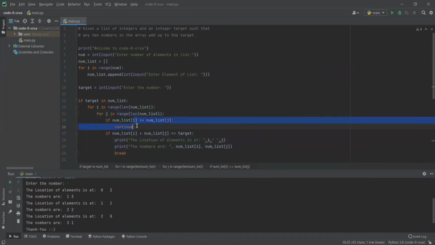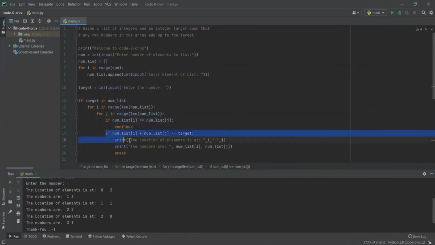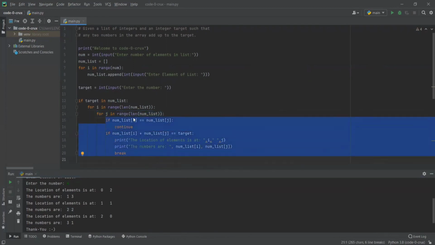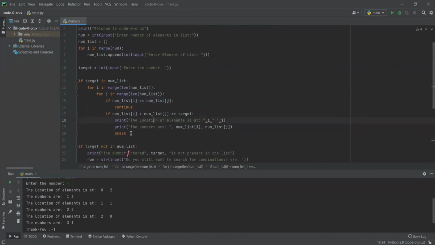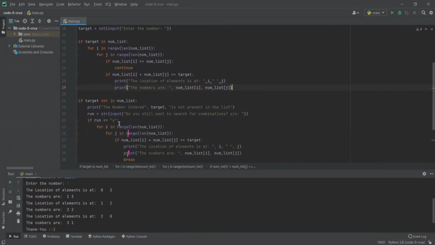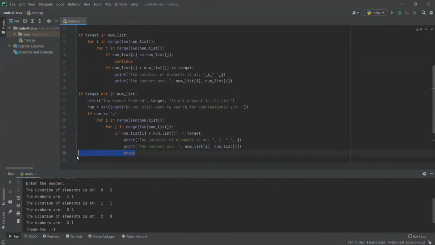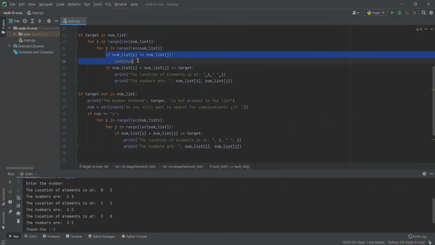Like if i is equal to 1 and j is equal to 1, this continue will occur. So the rest won't be run, and it will go back up, and j will be incremented to 2, and now it will go on. Now i and j are not equal. And the break over here is actually not required. Okay, cool. Sorry, the error occurred, that's why. Actually, yeah, it is not required. We will just add it below too.